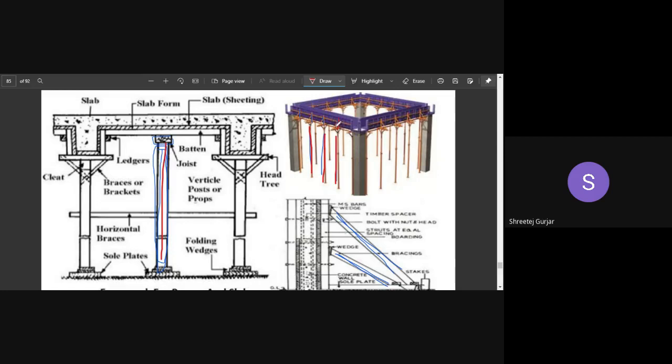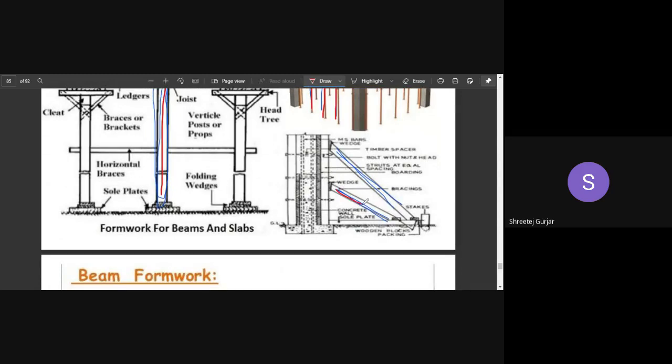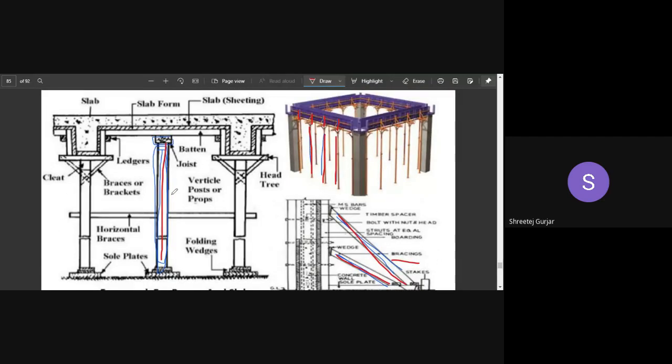And then these are your supports or your battens which are provided for your formwork, right? Then this inclined member which you can see here is nothing but struts, or inclined members, or what we also call bracings, right? So we need to calculate all these things which are seen in your screen.